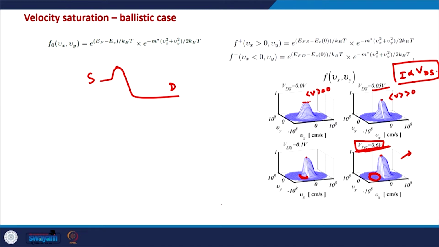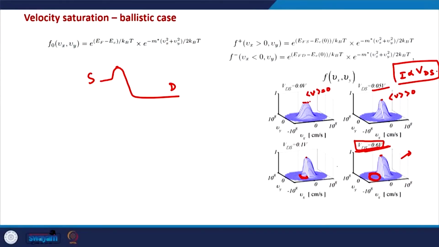So as long as there were negative velocity electrons, and with increasing voltage, the negative velocity distribution function was going down, till then the net velocity of electrons was also increasing. But as soon as these negative velocity electrons are negligible in number, it means that now the velocity has saturated, because even if we apply more voltage above this VDS, above 0.6 volts, even in that case there is